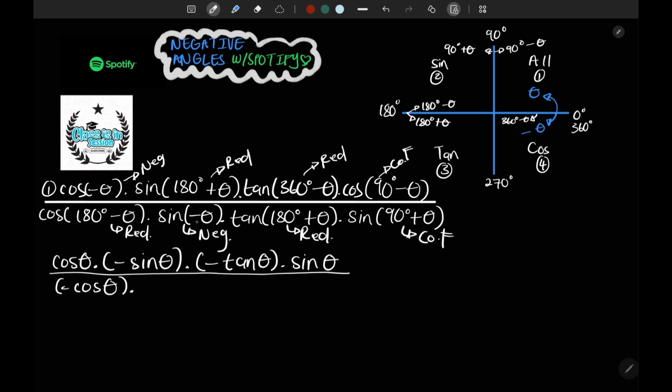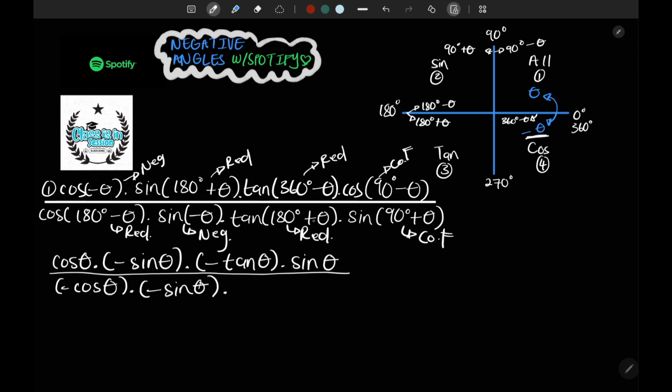Multiplied by sine negative theta. Negative theta, let's look for it on a CAST diagram. There's negative theta. It's in the fourth quadrant where sine is negative, so your answer should be negative sine theta